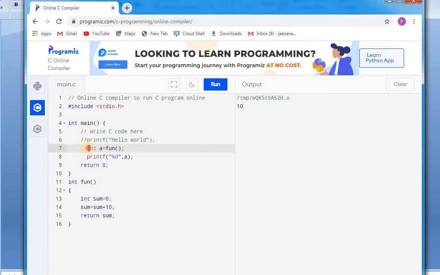Here I am calling it one time, but you could call it 100 times. I'll show you in this case. Int d is equal to function.